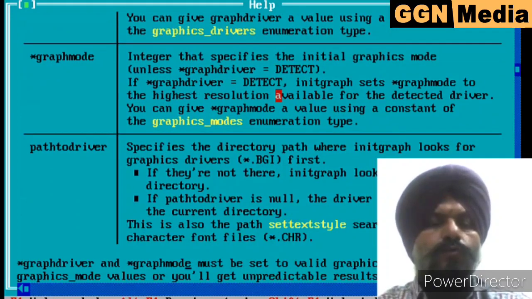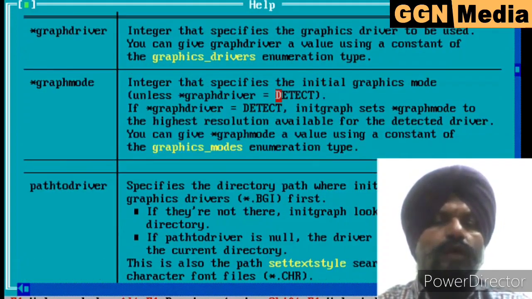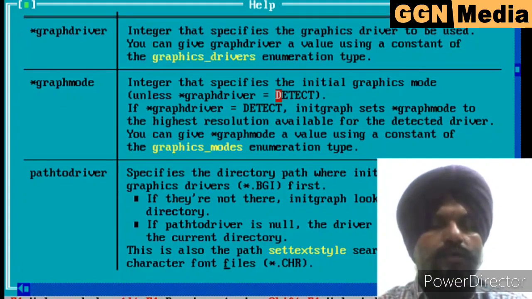The third one, which is the most important, is the path driver. What is the path driver? Basically, C language has BGI files. These files are stored in a BGI folder. Whatever graphic drivers or graphic modes are being used by C, all these files are stored in the BGI folder.